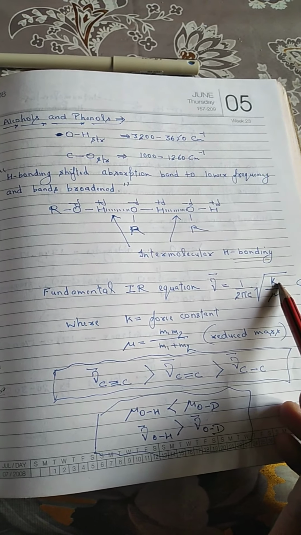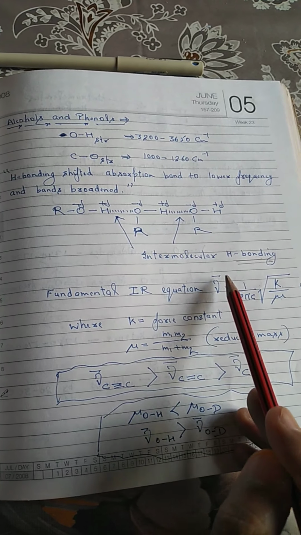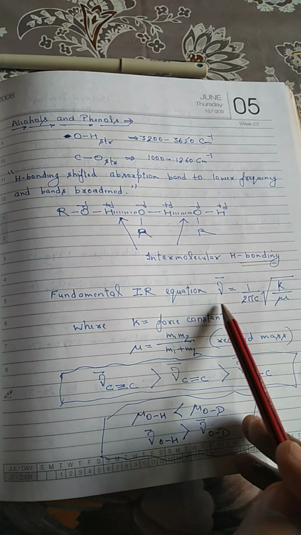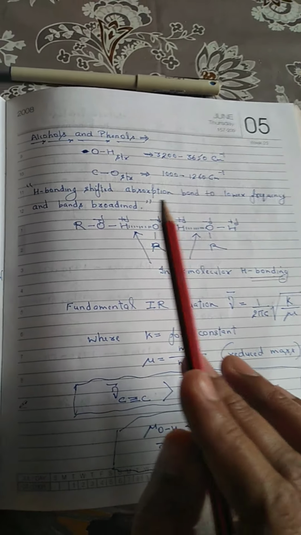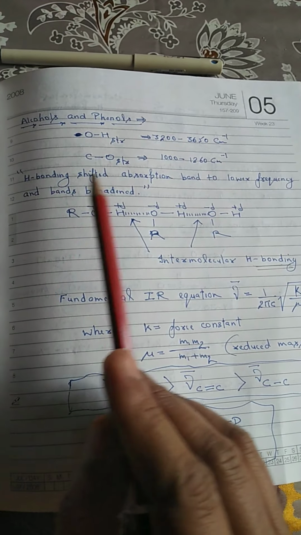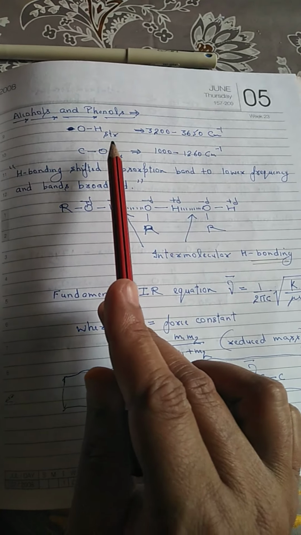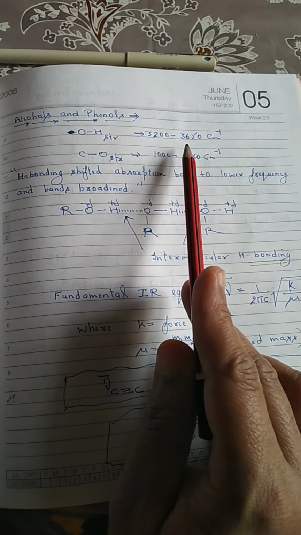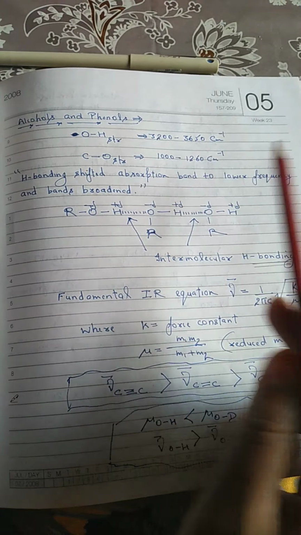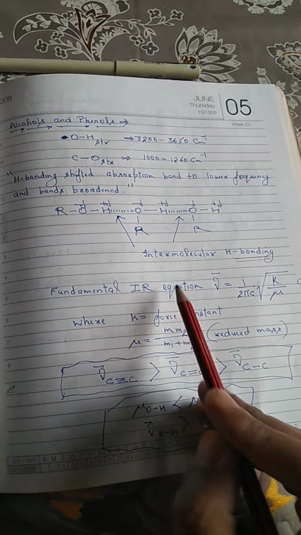If its force constant decreases, its vibrational frequency also decreases. That is why wherever hydrogen bonding is present, the OH stretching frequency decreases from 3600 centimeter inverse, whether it is intermolecular hydrogen bonding